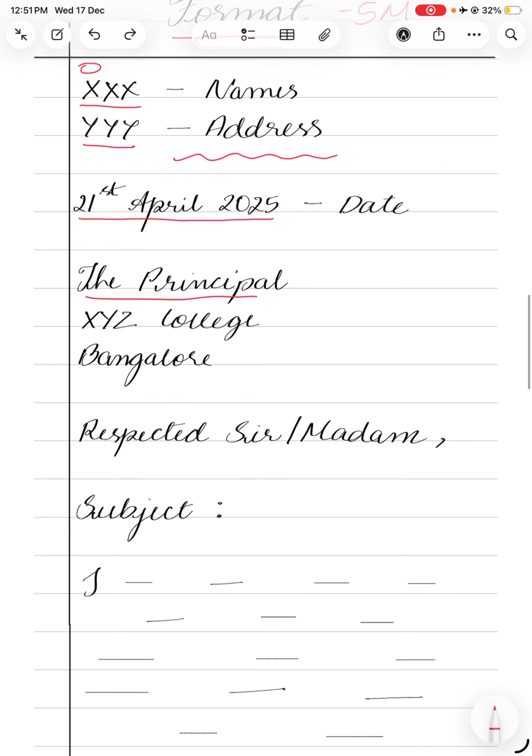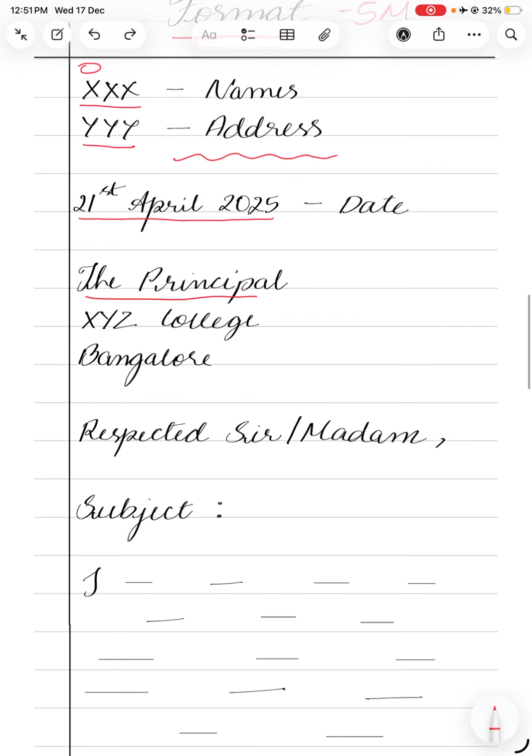And then you will write down subject. After that, you will use a colon. This is not a semicolon. It is not written this way, or you are not supposed to write it like this, or like this way. You are supposed to be using the colon this way. Alright, so this is how you will write. You will write the subject and then you will write the colon here.